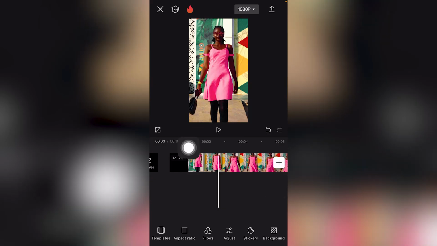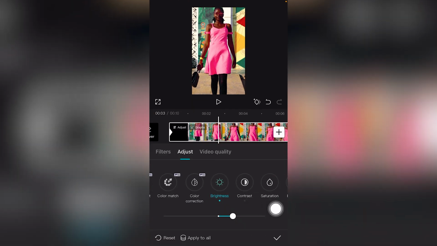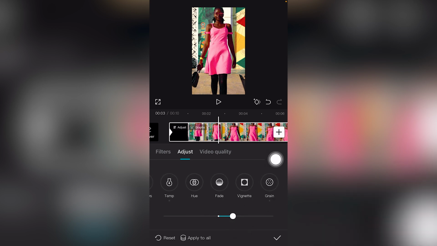Click and select your video clip, highlight it, and scroll to the right and see the option which says adjust, video quality and auto reframe. You want to scroll to the right, you should see the option which is vignette, the second to last option next to grain. Now, take this slider icon in the middle part of the screen and move